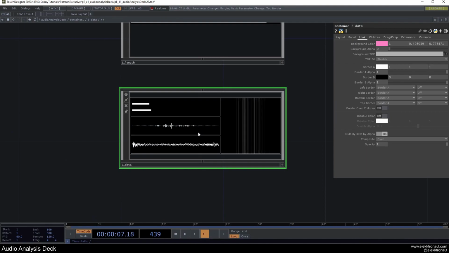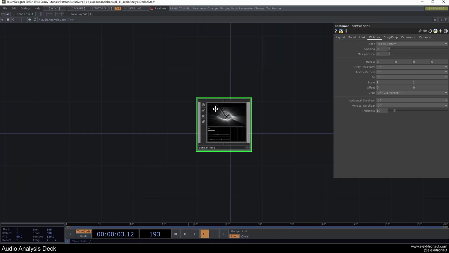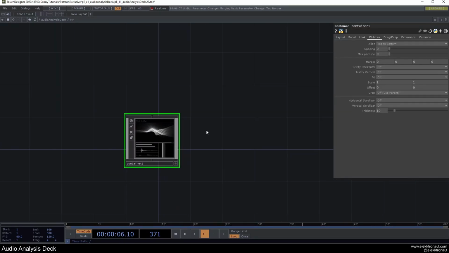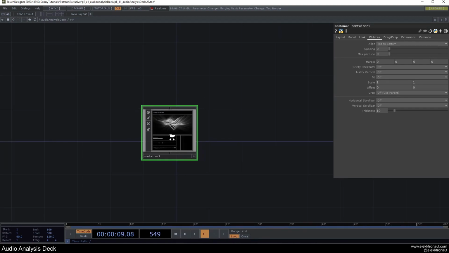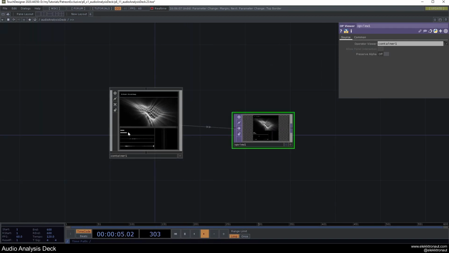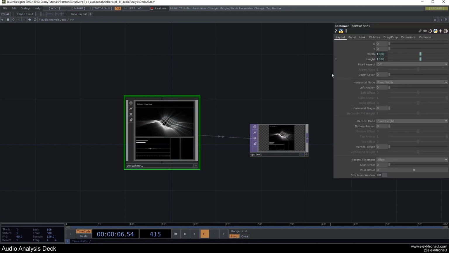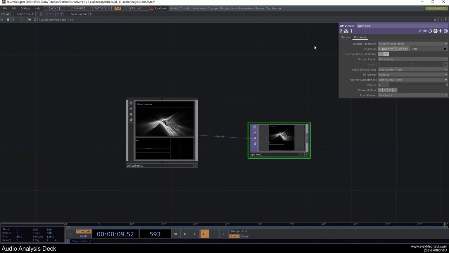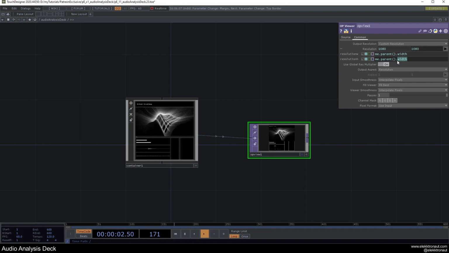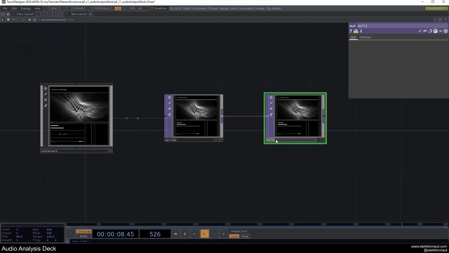So yeah, you can change the colors, for example, individually, as I said, but I want to show you something else, and that is using the OP viewer. So now we're just passing this on as it is. We can also use an OP viewer here and drag that on there. So we're sort of converting from comms to tops, sort of. And what we can do here is change the resolution to the same as here, or we could just again use the expression of our parent. And so now we can just use a null bg, and